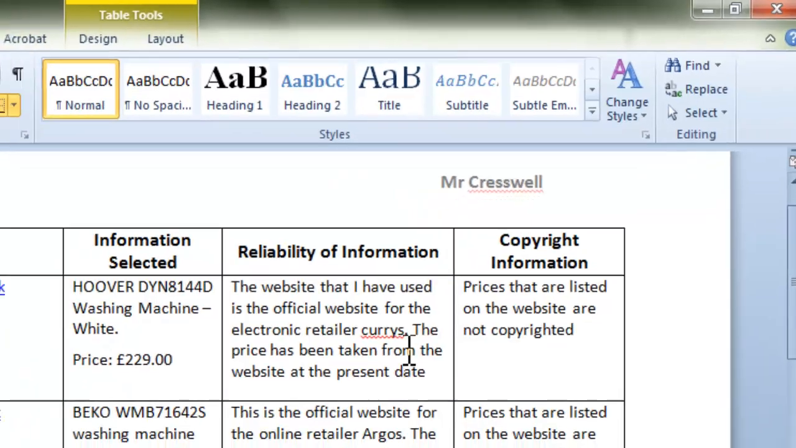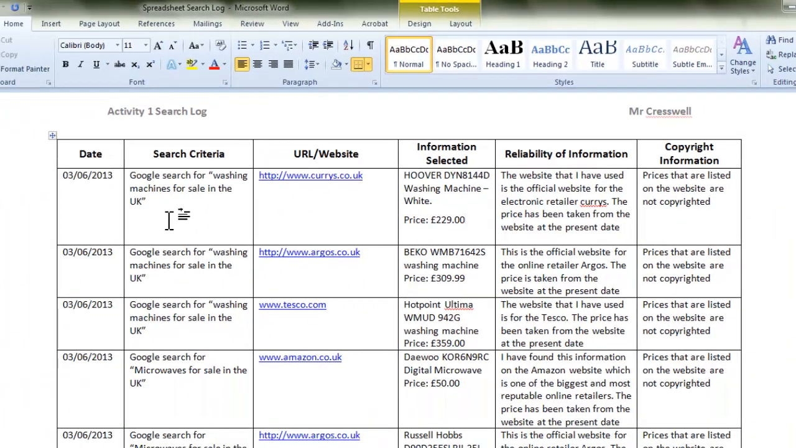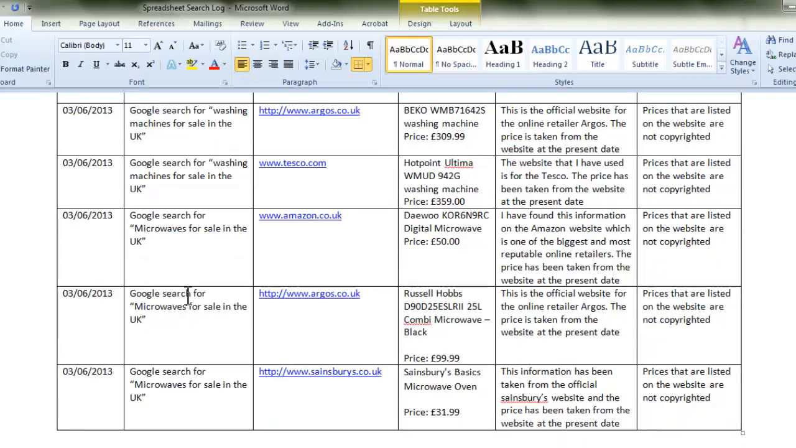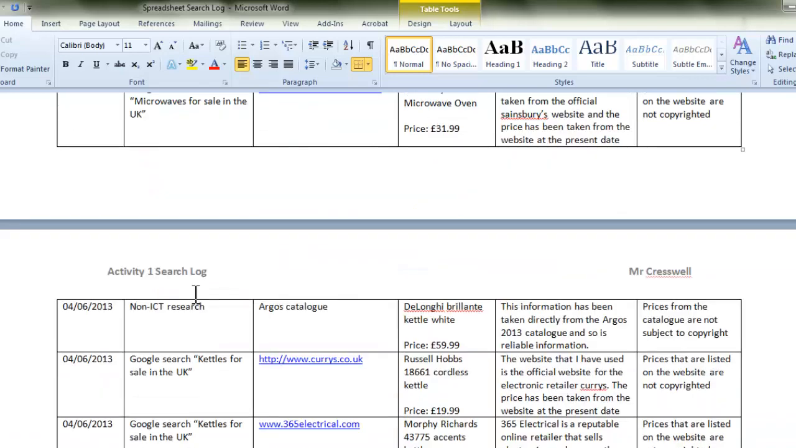So that's essentially the information that you have to put into your search log. You can see I've done that here for all the searches that I've done. Put the URL link, the model. These comments here are kind of generic. This one, as you can see, is exactly the same, so I just copy and pasted that into each of the cells. These ones here, I mentioned the different websites and why I think they're reliable. I did that for all the washing machines that I searched for, microwaves, and